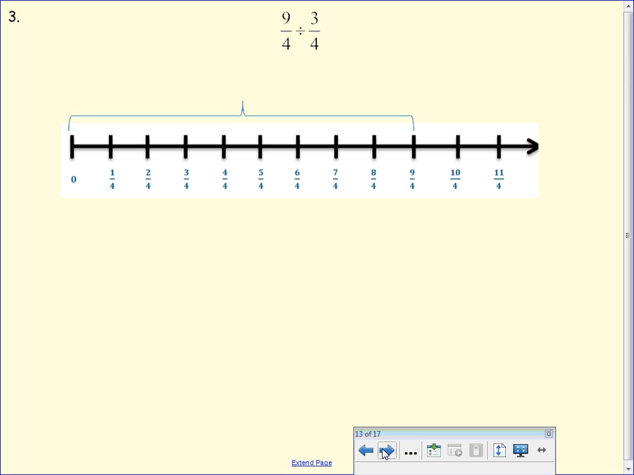9/4 divided by 3/4. There's 2 different ways we could solve this one. One is like the number line that I told you. So go ahead and label your number line up to 9/4 because our first fraction is an improper fraction. How would we draw 9/4 using a tape diagram? Well, quite simply,